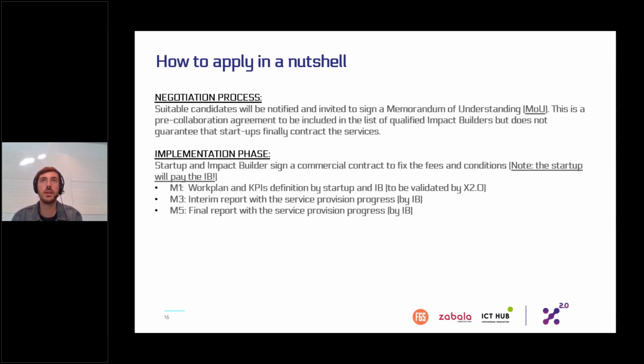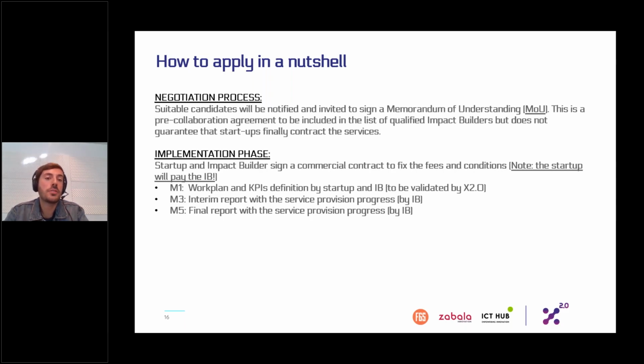So far, during the meeting for service agreement for our startups, we have invited these potential impact builders to propose to the startups, and they had meetings. It is not possible to exchange conversations and emails or documents, okay, so the final decision is on the startup side. This is why it is also very important to have very attractive services.